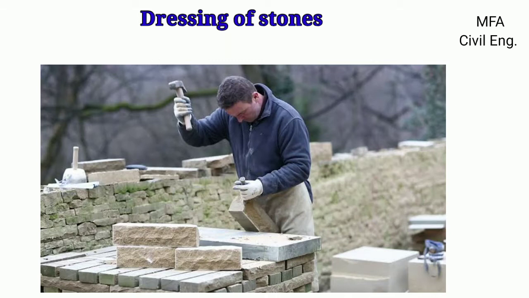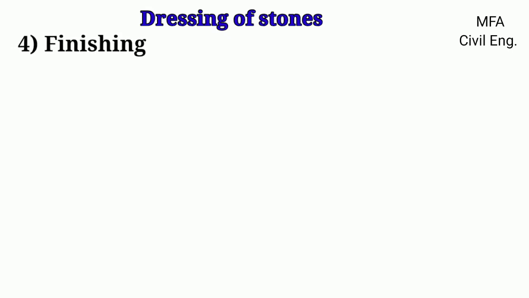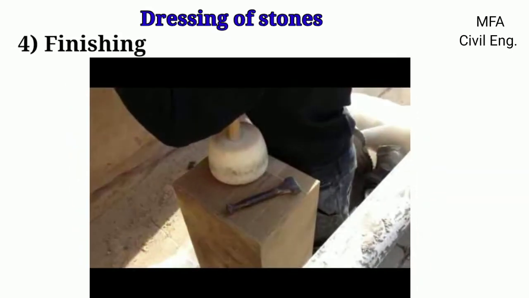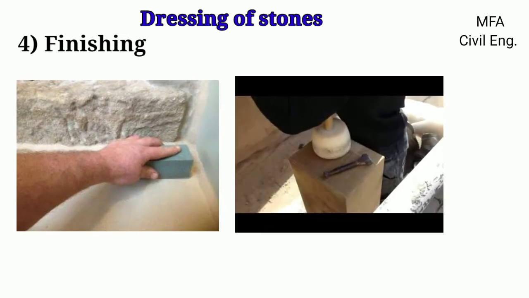Planning is the process in which stones are cleaned off from all the irregularities on the surface by fine tooling. Finishing is the process of rubbing the surface of dressed stones with a suitable abrasive material such as silicon carbide in the presence of water. This process is employed on stones which are already dressed. It is either done manually or by machine.